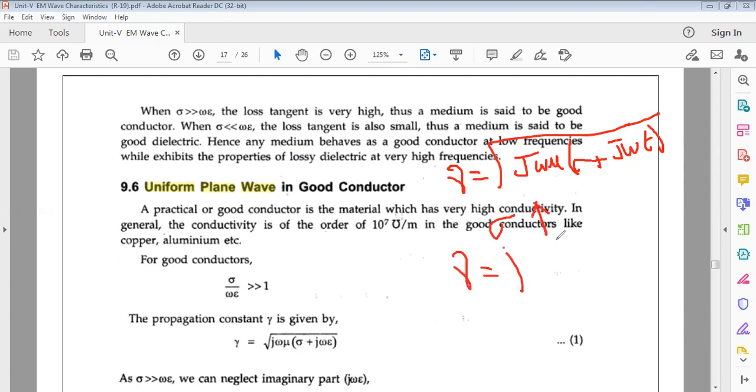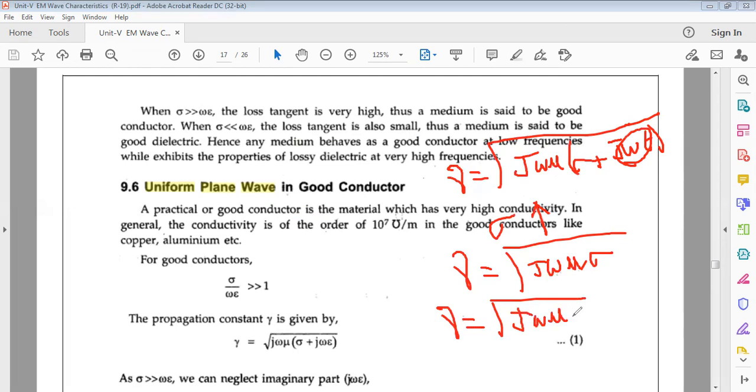Neglecting the term j omega epsilon, we have only sigma. So gamma is equal to under root of j omega mu sigma, which I am writing as under root of j times under root of omega mu sigma. What is the under root of j? j is nothing but